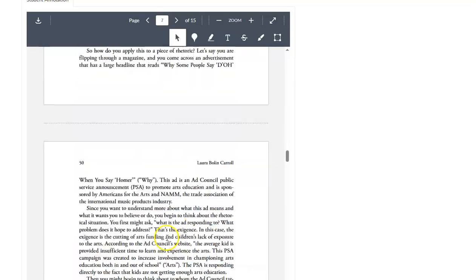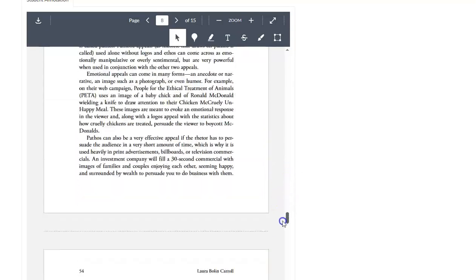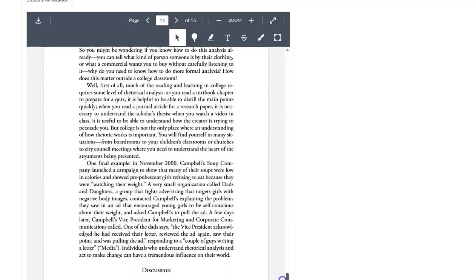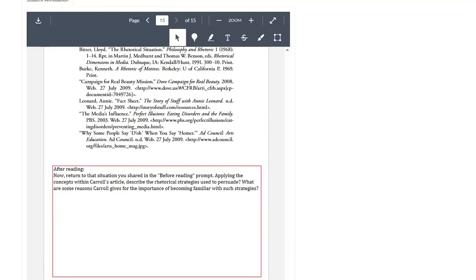You can separate this out into several days. It's longer, but it's written to an audience of students. So it's written to you, and it's not going to be overly complex. It is going to appeal to you. But there's going to be this after reading question too.